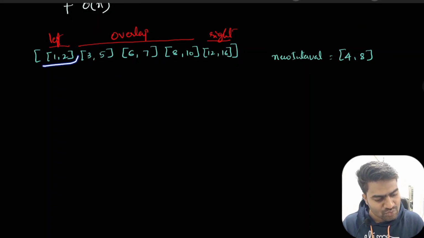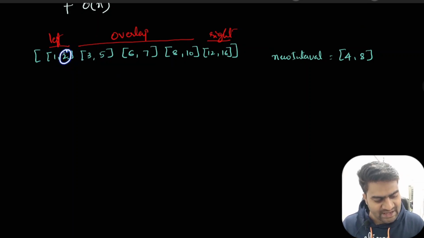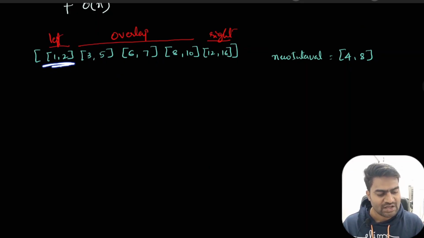Now how do we find the left part? Its end is less than the new interval's start. So as long as the second value of the current interval is less than the new interval's start value,